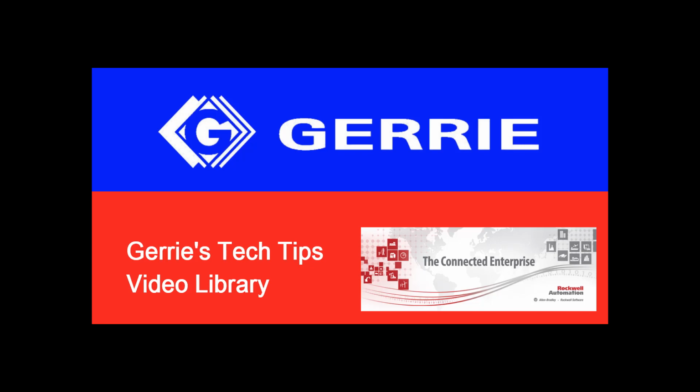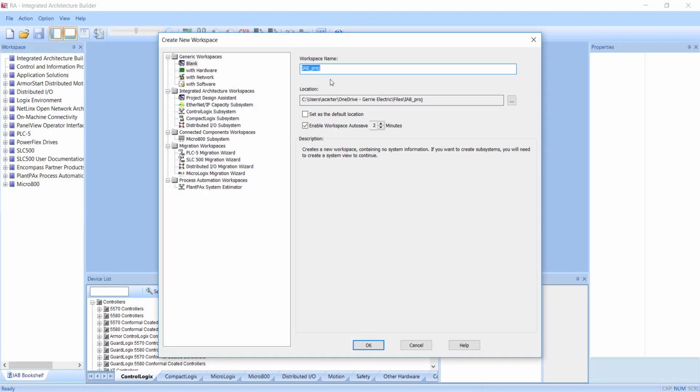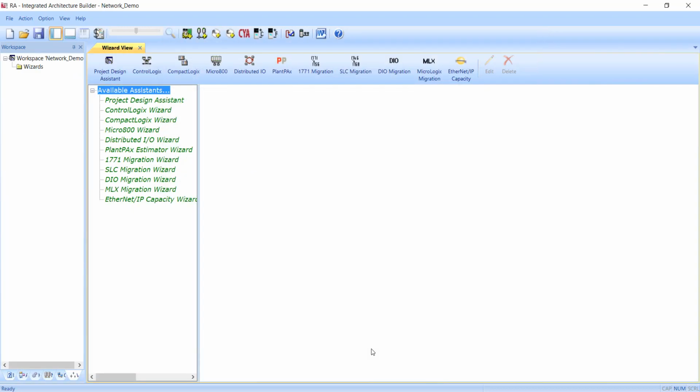I'm going to create a small DLR network with a Compact Logix PLC and some distributed I/O and show you how easy it is to set up and configure this in IAB. So to get started, I'm going to create a new project, and I'm going to name this our network demo. And I'm going to start with the Compact Logix wizard because I know I'm going to be using a Compact